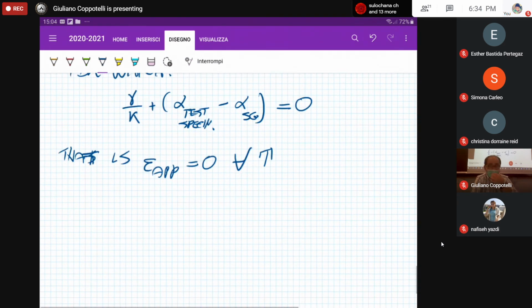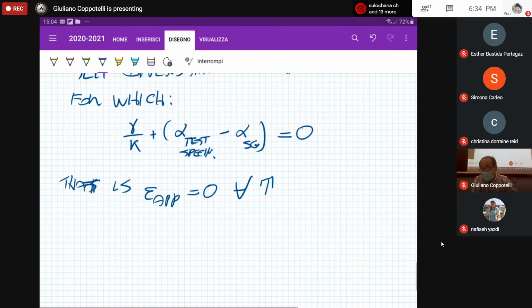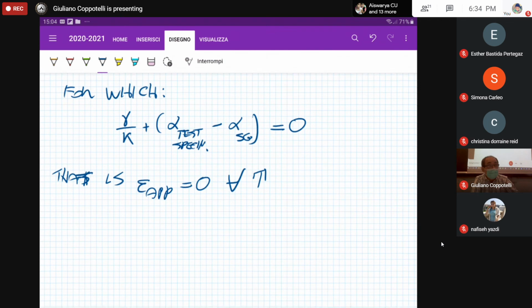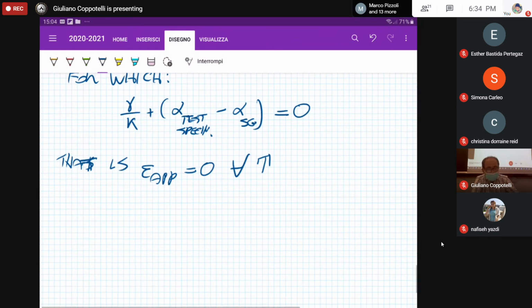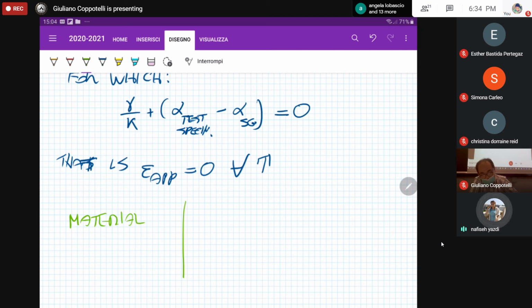However, that is not always possible because you have an idea of what are the linear coefficients of thermal expansion. Just to remind you, if you consider different materials, and you consider